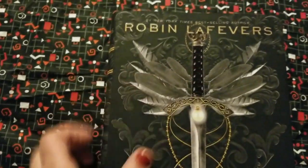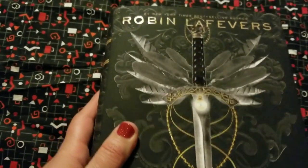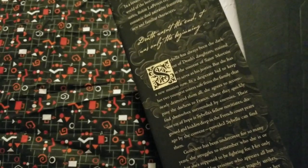Look at the way the black of the blade is shining with that treatment. Then the blade itself, it's gorgeous. And then when we open it up, first you can see that embossing right there. And then look at this dagger or sword or whatever it is embossed into the book itself. And here's your spine. Here are your beautiful page flaps. First the one,